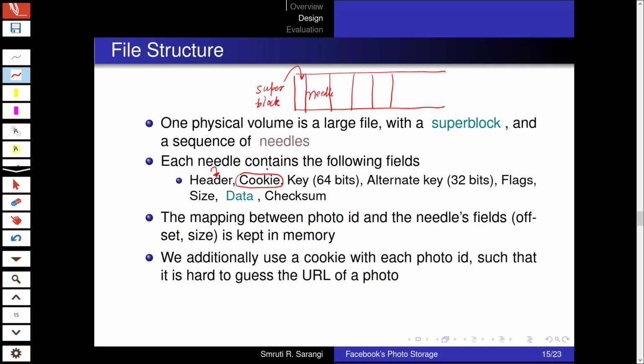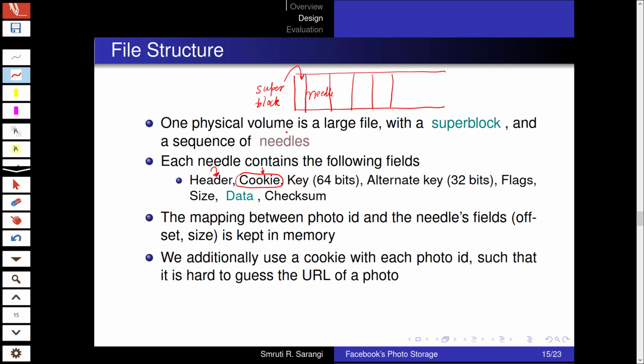So a cookie is a large number. It's a 32 to 64 bit number. This is a random number which is associated with each photo. To get access to a photo, we need to know its URL and also supply this random cookie, which you can think of like a password for the photo. Only if the cookie matches, the photo is sent back.